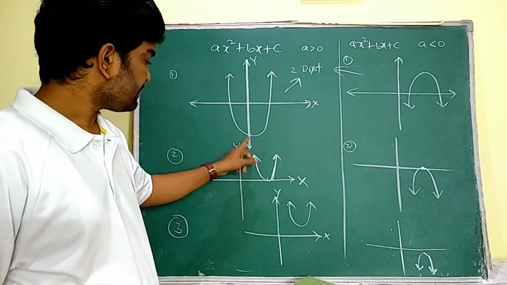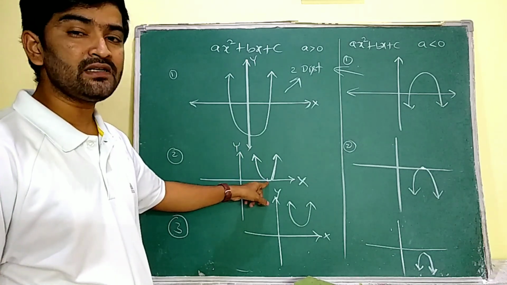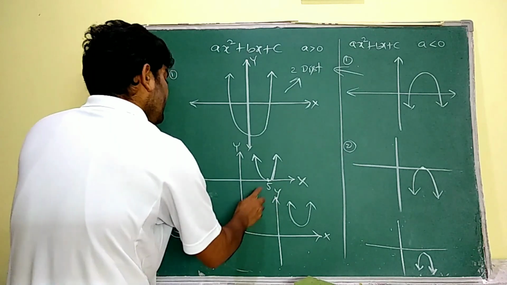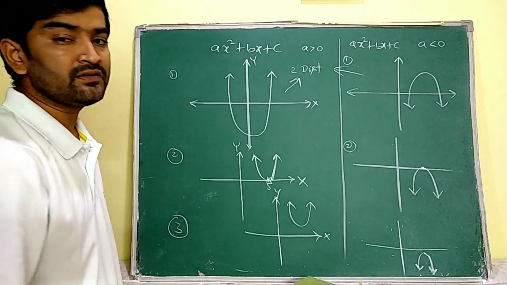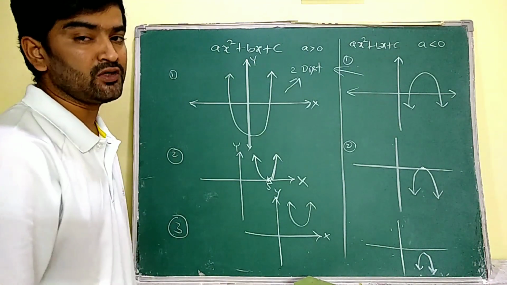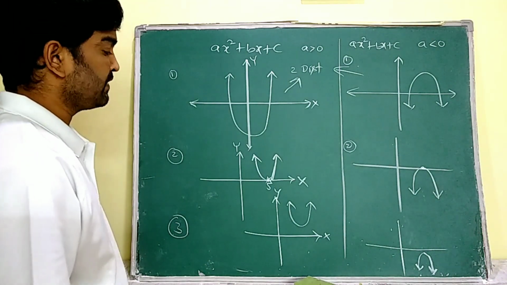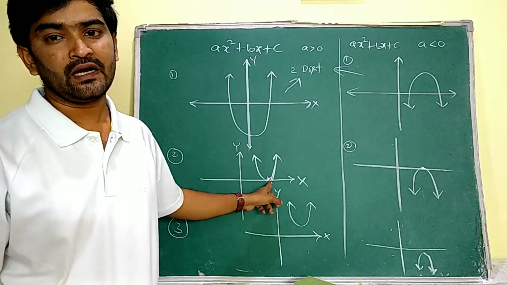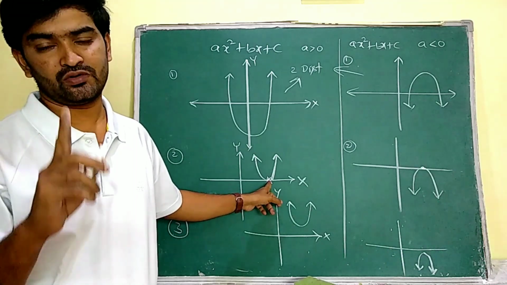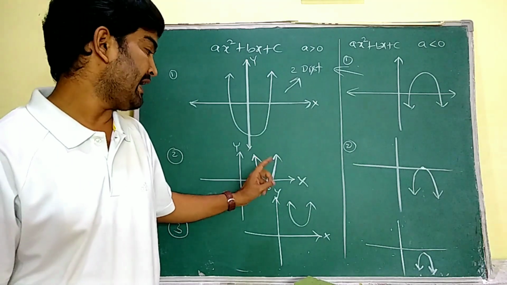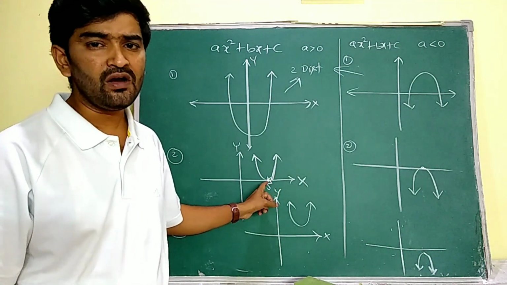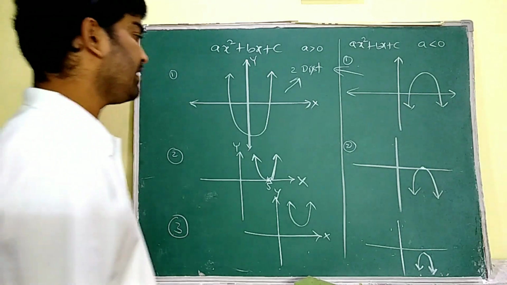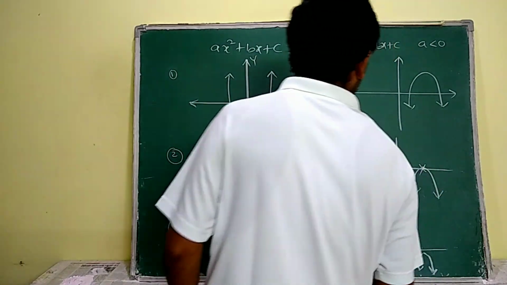That means the quadratic equation is going to have the same root twice. Let us suppose it is 5. Then the 5 is repeated twice. That means it has two equal roots, one distinct root. Here 5 and 5 are equal roots, but coming to the number, it has one root. As it has two equal roots, here we are going to say it has 1 zero. Here also the same, it also has two equal roots.